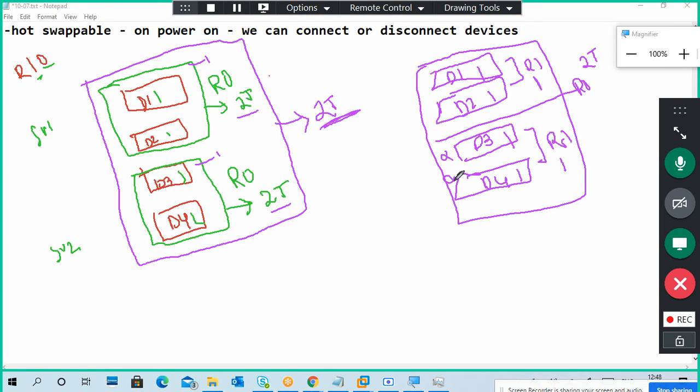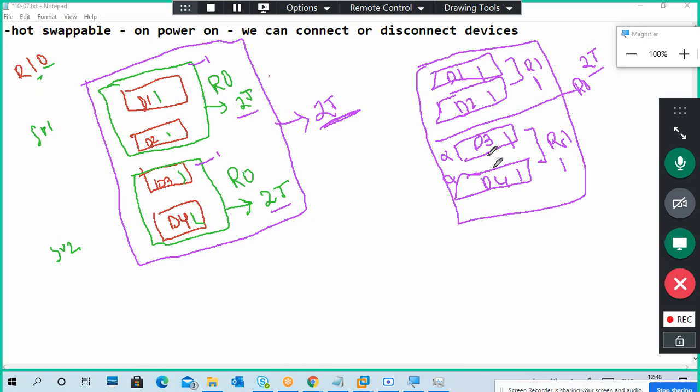But if both fail, both are offline, then another part of the data is there, in the total 2 terabytes, that you cannot access. Total disk failure, you cannot access, because it's a completely single volume.